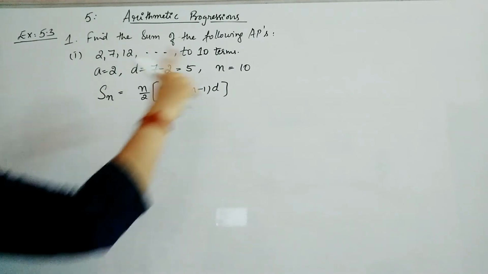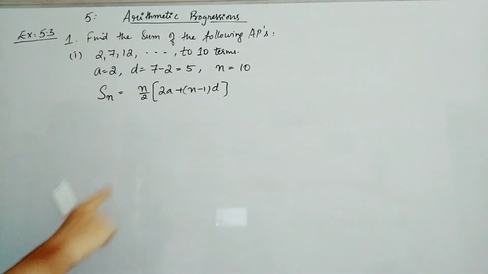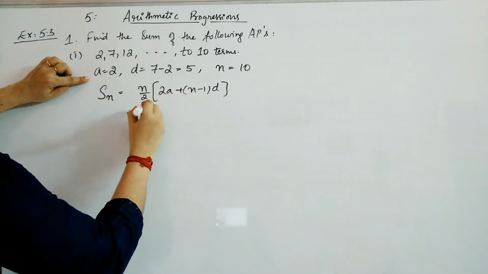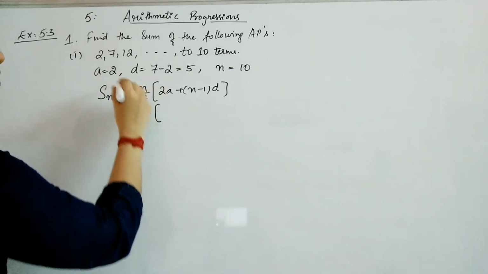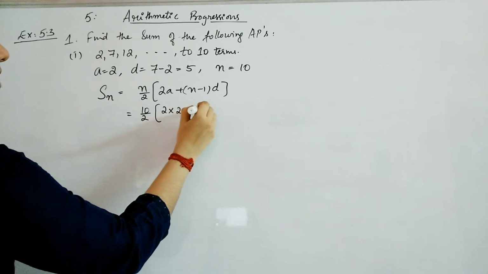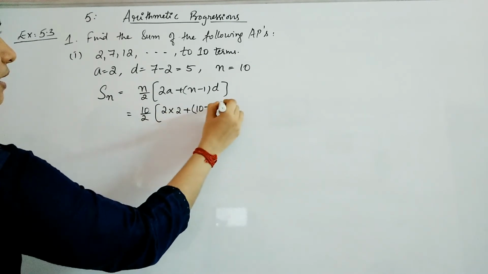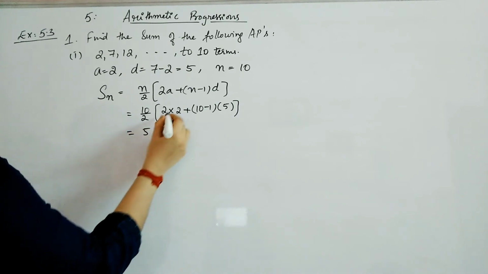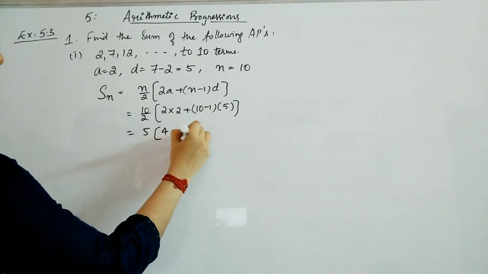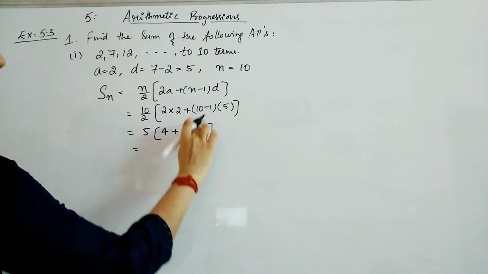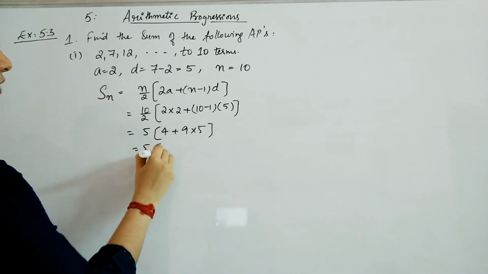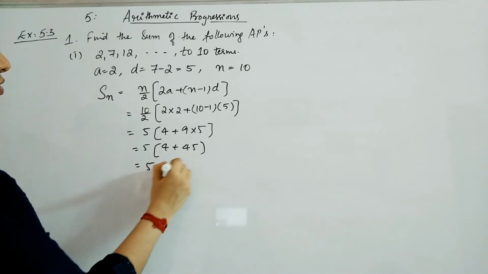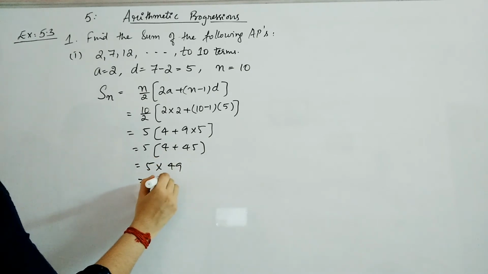Okay, when we know n but we don't know the last term, we will use this formula. Now what are the things we have to replace? n is 10, so 10 by 2 into 2 into 2 plus n minus 1, again 10 minus 1, into d is 5. Okay, so you are getting 5 into 4 plus 9 into 5. That is how much? 5 into 4 plus 45. That is 5 into 49, which is